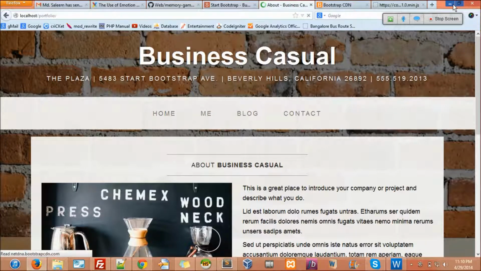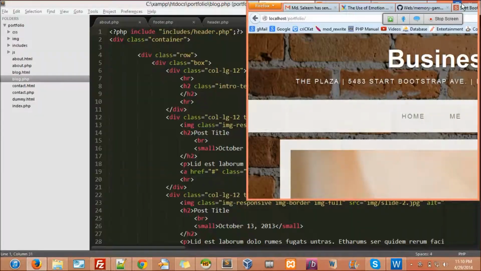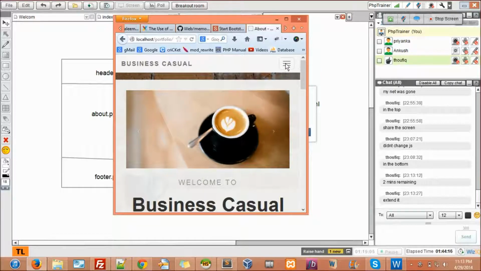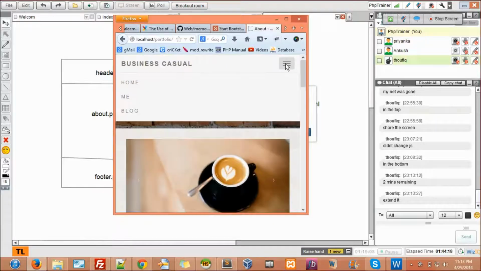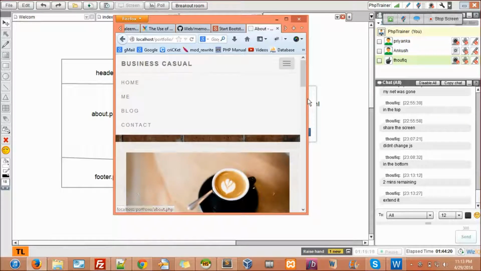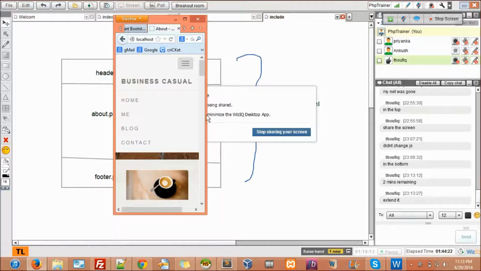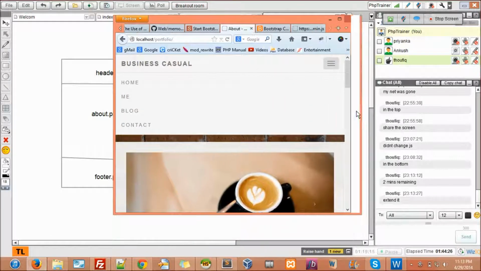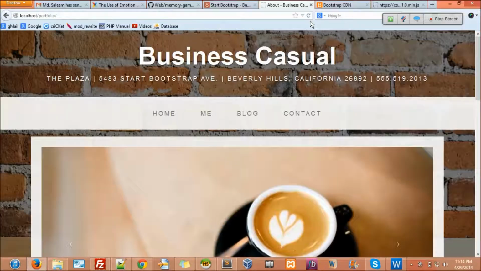Let's see if it's responsive or not. I click on here. Let's see if it's a mobile friendly version. See, it's responsive, it's mobile friendly. You see that the images change as per the resolution of the screen. So that's the reason I tell you guys to explore these templates instead of building one by yourself.